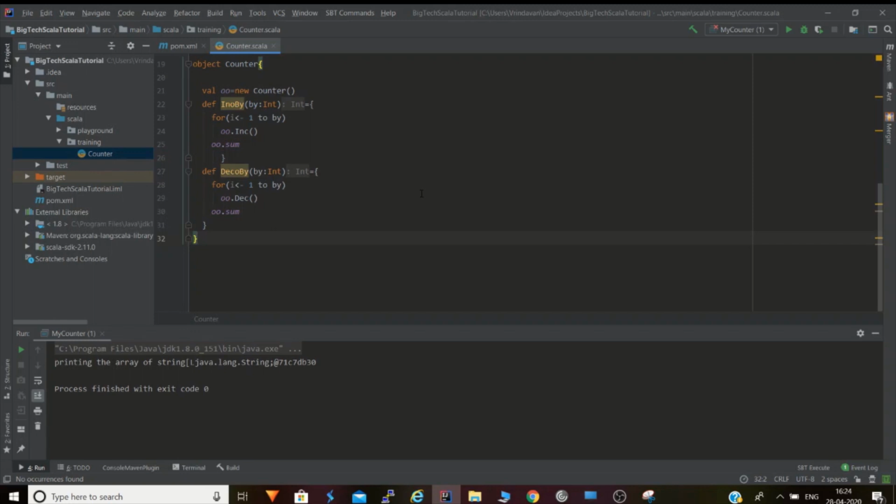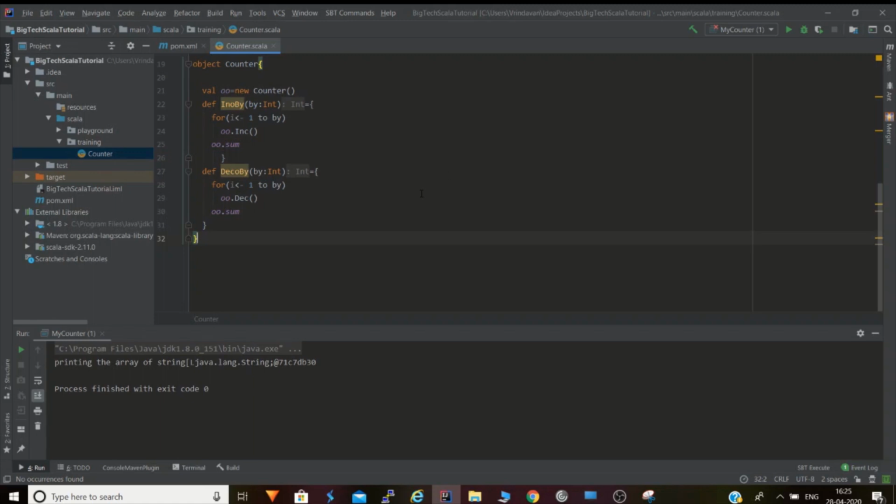Any singleton object with a main method with a proper signature can be used as the entry point into an application. Like you have heard in Java also, you require an entry point, a main method. So here in Scala also you require an entry point, that is the main method. That is the entry point of the execution.